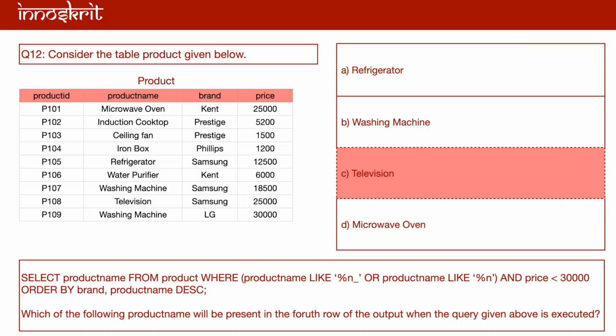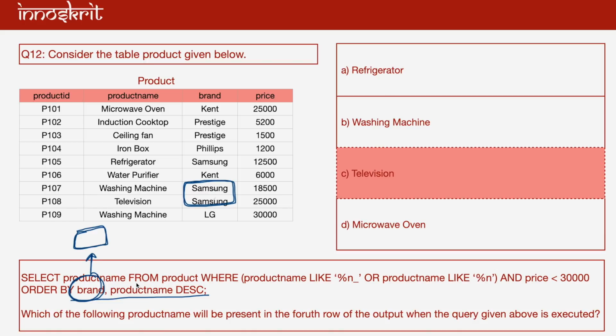So the concept in this question was that if you have mentioned multiple order by attributes, first it will simply arrange all the data on the basis of the first attribute. If you have not defined ASC or DESC, then it will simply arrange the data in the ascending order. But if you find some of the brands whose value is the same, for example in this case Samsung was the same, so only for these two values